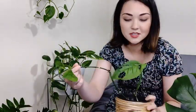So this is probably my biggest success story. This is Monstera Adansonii. I bought this a long time ago, a couple years back, when it was still really hard to find, and I paid a lot of money for it. When I bought it, it was probably about just this one section. I had it in soil for a couple years maybe, but it grew this huge long trail,